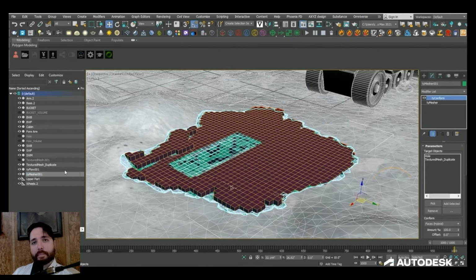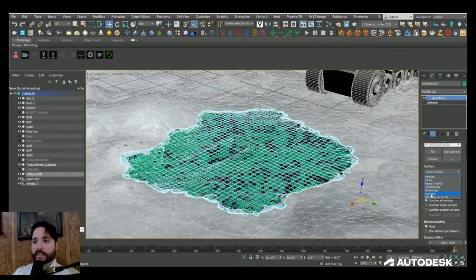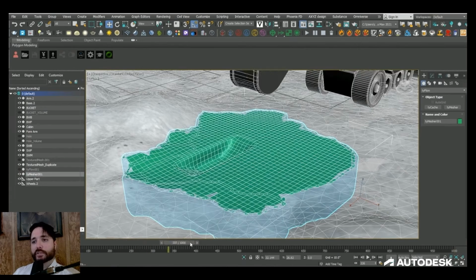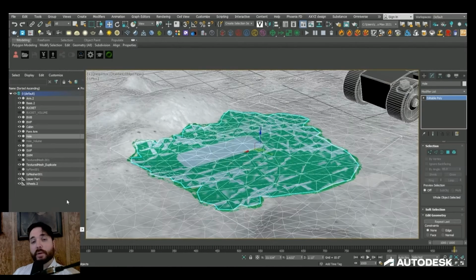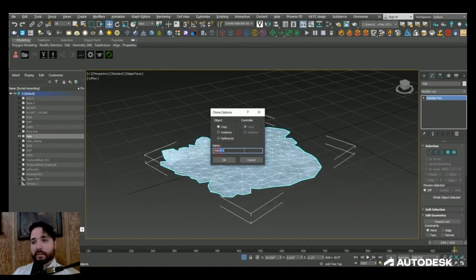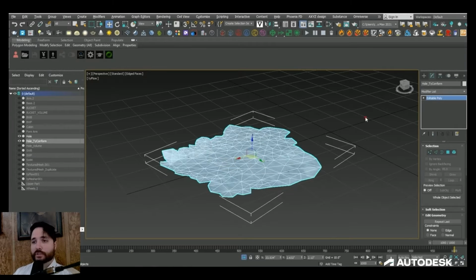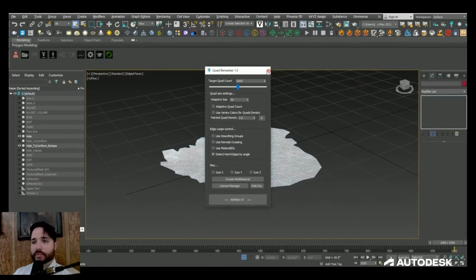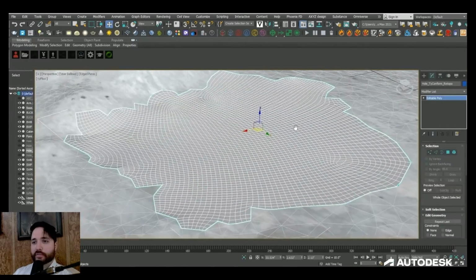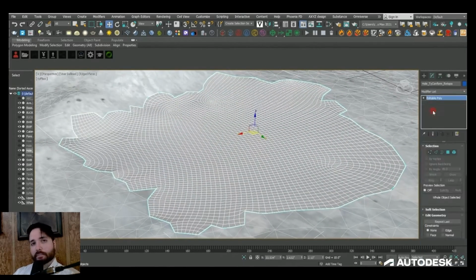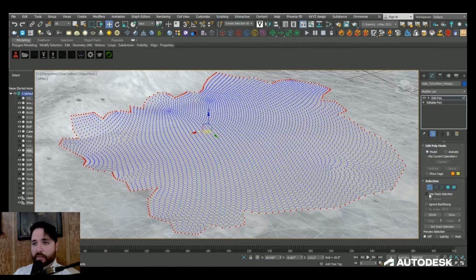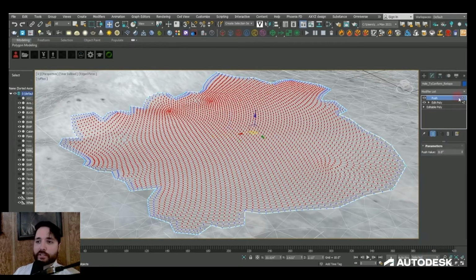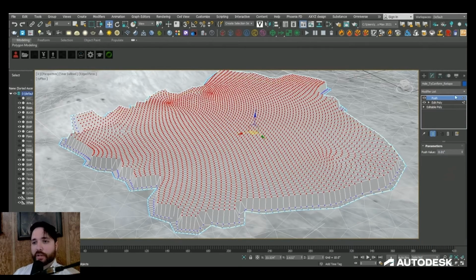For the very last step of this process, I also needed to create a density version of the mesh and then retopologize it, so that when I conformed it back down, I had more resolution to work with. So I made sure to preserve the boundaries by selecting only the interior vertices. And then I passed them up the modifier stack to a push modifier. Now, the only reason to push those vertices up is so that it prevents errors in the mesh when we end up conforming it back down later on.